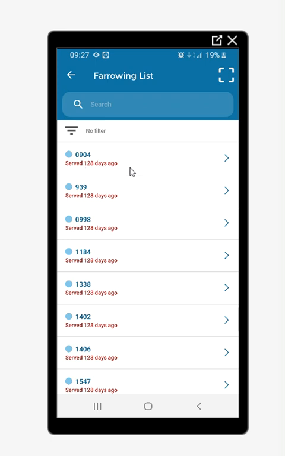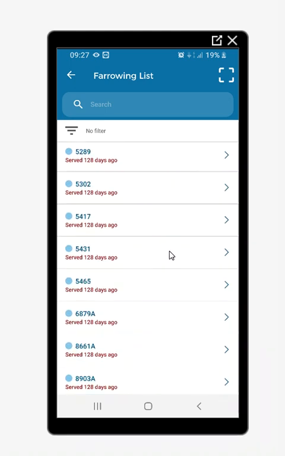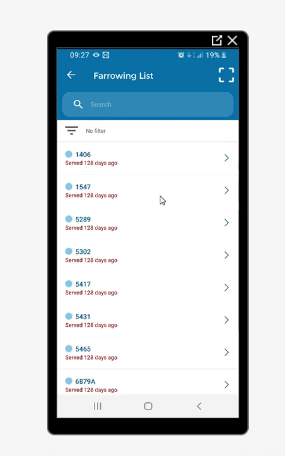You can see we've got a bit of old data in here, but you can see 0904 was served 128 days ago. I can scroll down by swiping my mouse down, and it basically shows all animals in there that are available to farrow, obviously those overdue as well. So you've got two options. You can now just tap on an animal and go and enter the data, or if you want to filter this list further,